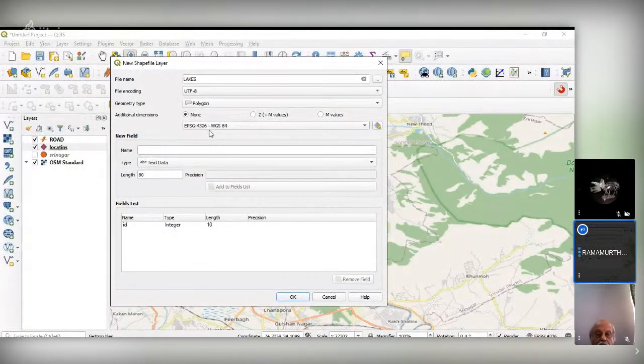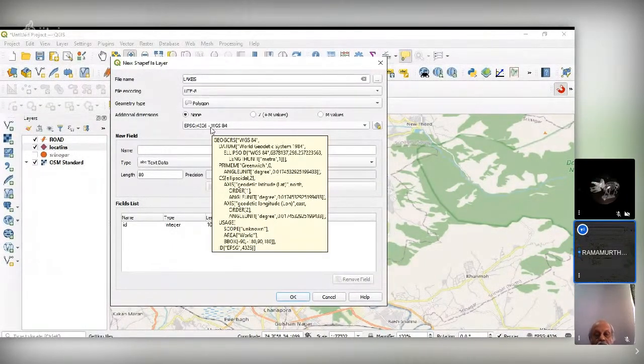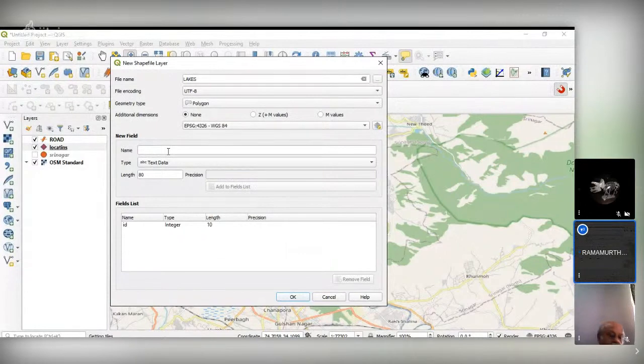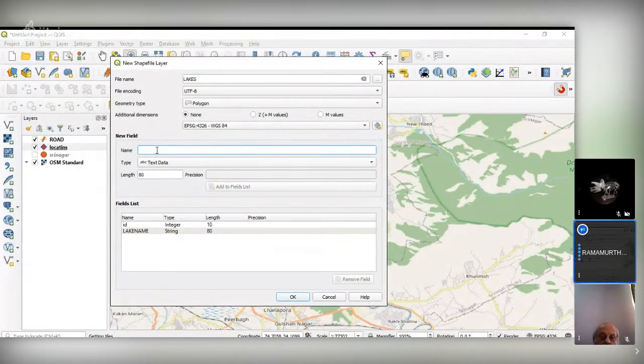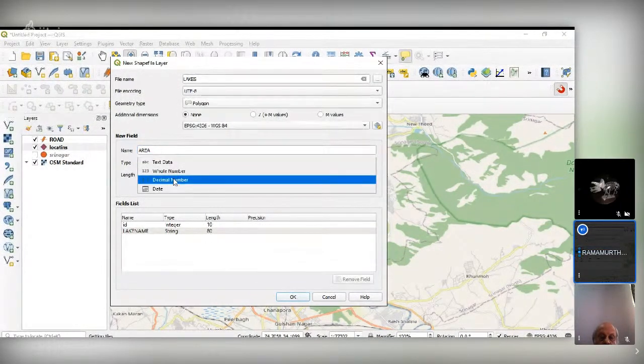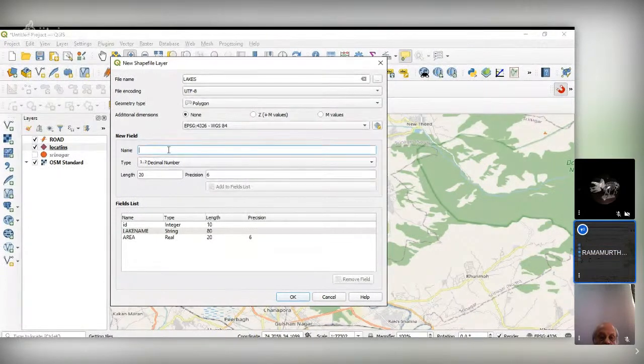Coordinate system is 4326, Geographic coordinate system WGS84, and here lake name, add to the field. Since it's an area, we'll calculate the area, and that is a decimal field, add to the list. One more we can do is perimeter also, that is also a decimal number, add to the field list and say OK.